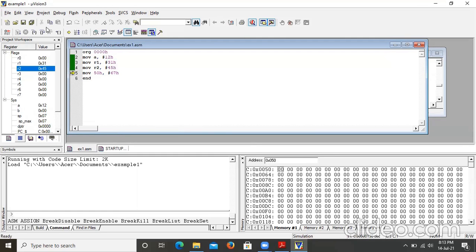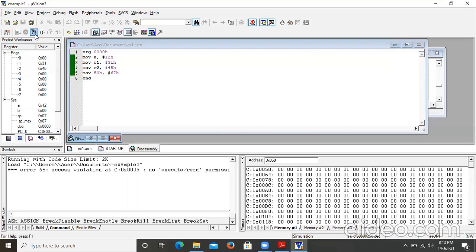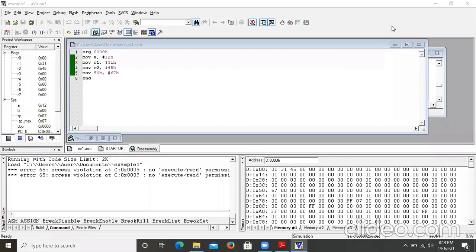So observe here. You can observe the address 50 is loaded with 67.